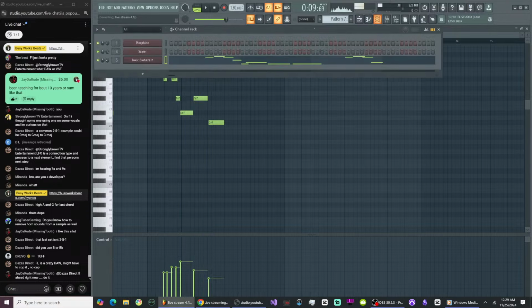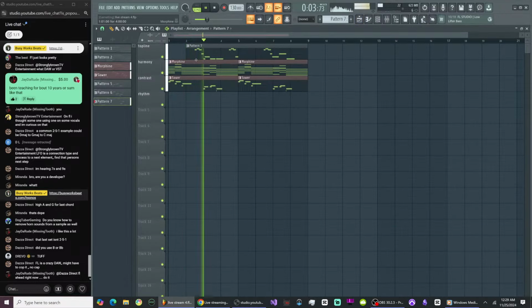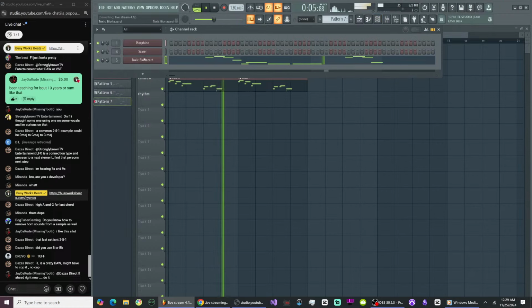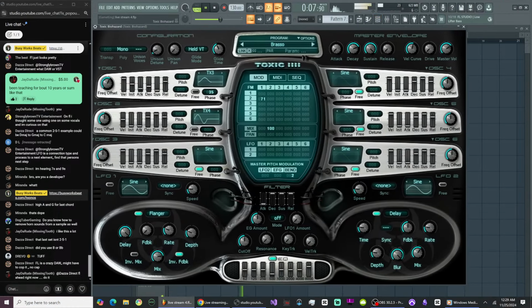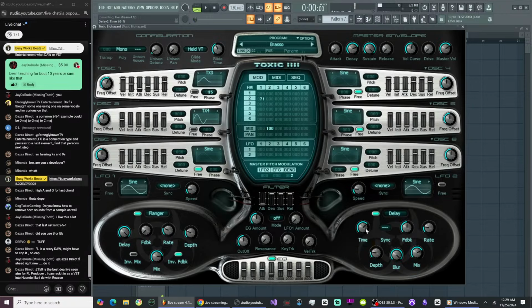Okay, so now we can add effects to that to make it more, like, add more movement. So notice the top line and the contrast layer. They're playing like opposite rhythms that balance out. Let's add some delay. Yeah, FL definitely got the sauce. Let's try. Let's do 1/4 feedback up.